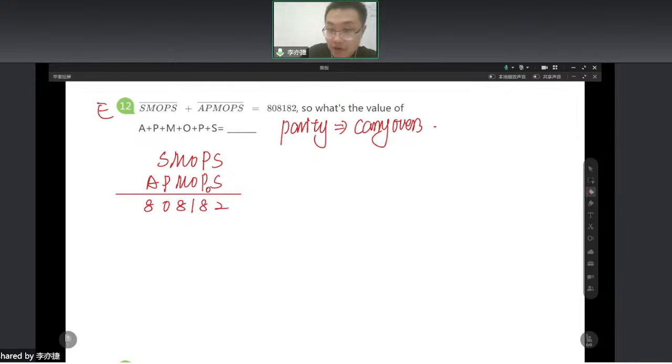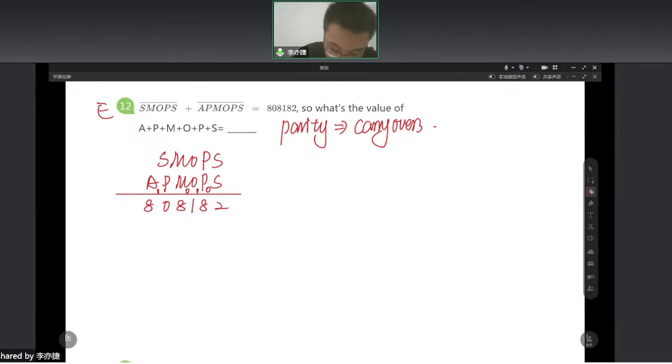It's APMOS. Yeah, never mind this. Never mind the question. Right. So this one should have a carryover. Then again, M plus M equal to 8, so there is no carryover here. S plus P equal to 0, there must be a carryover here, right? So now we can determine the carryovers, and then use the carryover, we determine the digit by digit